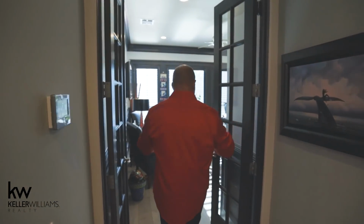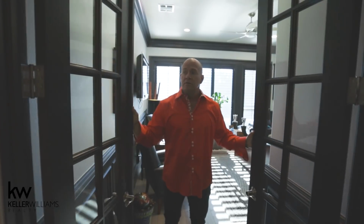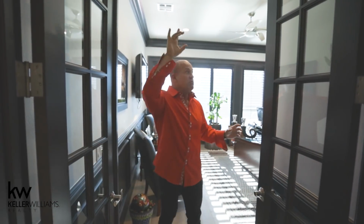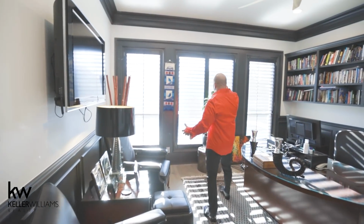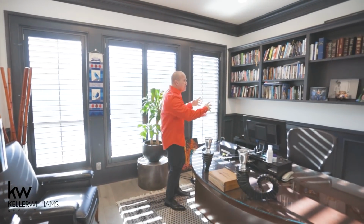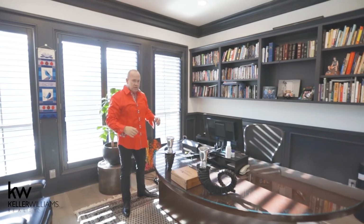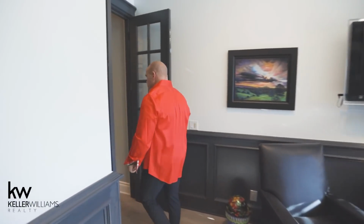Here's our office. French doors lead us into the office. Beautiful French doors, crown molding. The same floors throughout. Look at the walls of glass overlooking the pool. Absolutely beautiful. And look at the back wall behind the desk. Built in all the way across. We have the paneled finish along the bottom. Beautifully done. The colors in here are so tasteful. And down the hall,